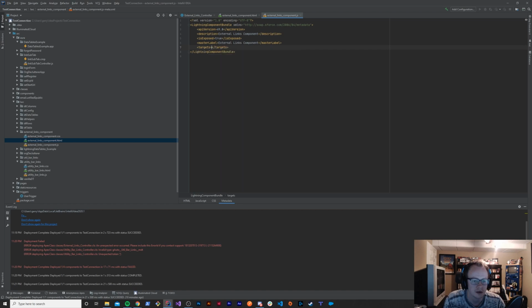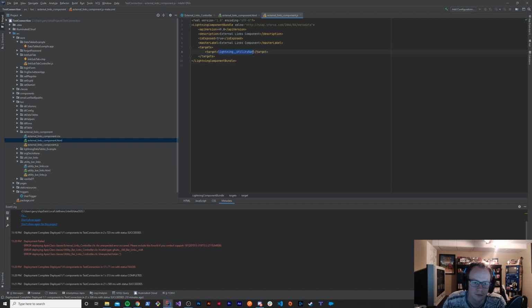Basically, if you didn't know, you've got to set up what are called targets, and the targets are basically where you can put your app, or sorry, your Lightning Web Component within Salesforce. So our target is going to be the lightning__UtilityBar. No, it's capital. Utility bar. Okay. So basically what this is saying here is that we're allowing this app to be accessible in